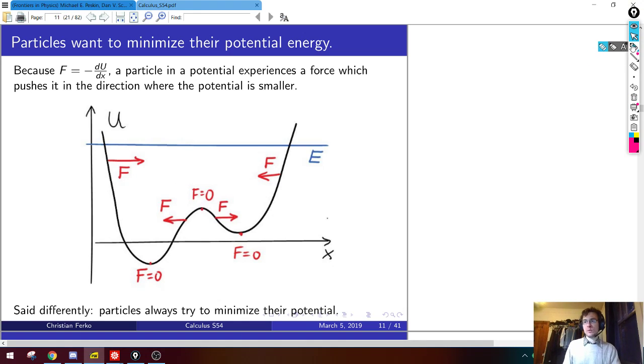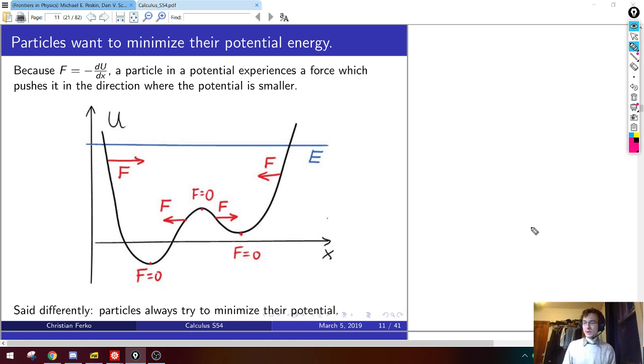Okay, so now that we know what the definition of potential is, we can explain some seemingly confusing statements that are often made in chemistry courses, or even high school biology courses when you talk about enzymes. I'm going to rant a little bit, but I always thought this was very frustrating: in high school science courses, I would be shown some potential energy diagram like this and told, particles always try to minimize their potential energy, or particles always move to the minimum of a potential. And this would be stated as though it were some deep philosophical notion, right?